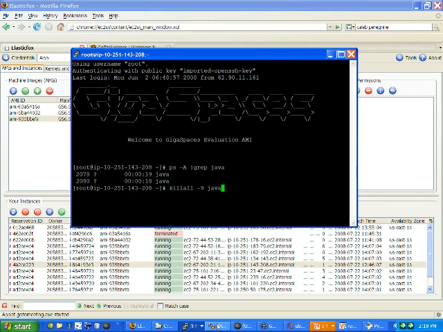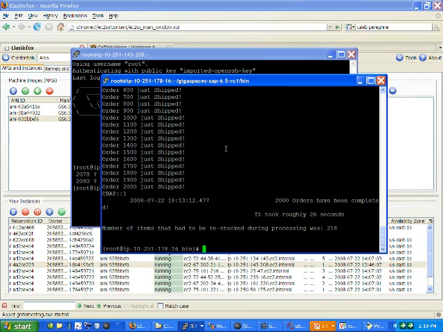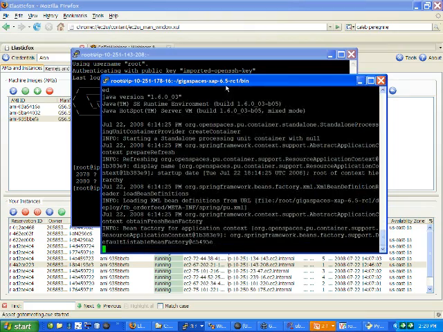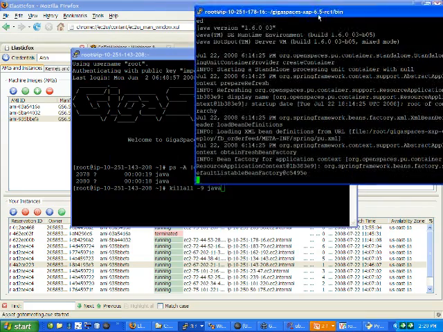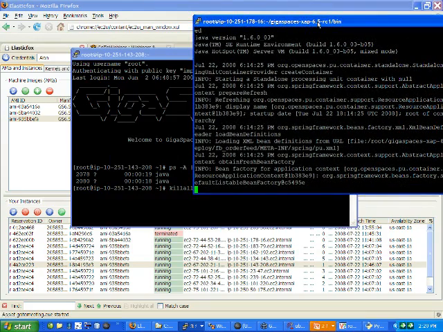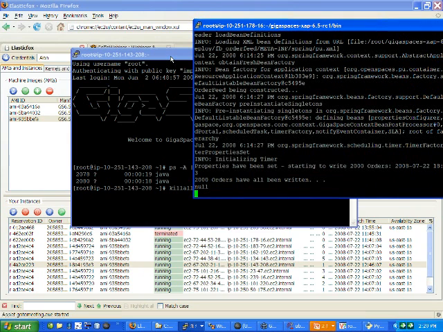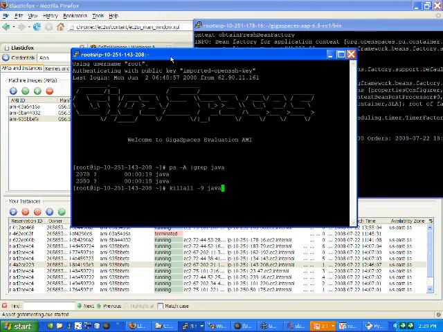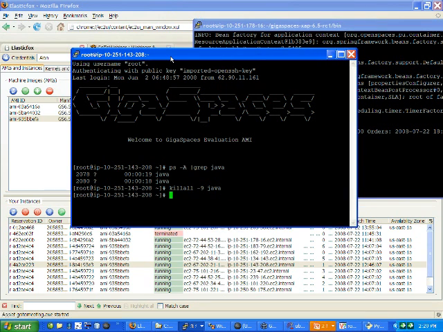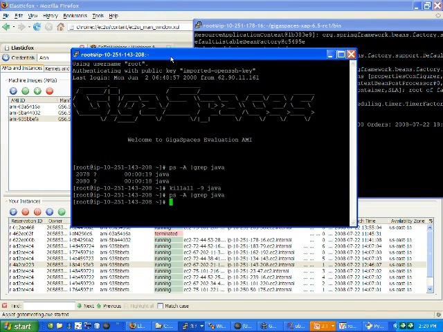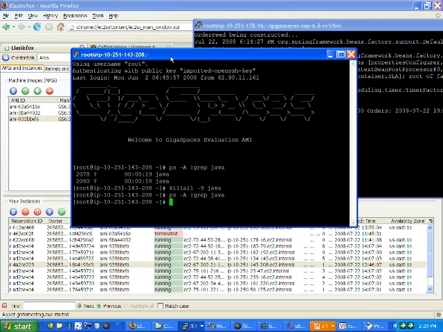So let's go back to our client. We're going to re-execute the client again, and when it starts processing, I'm going to kill off 2 of my running nodes and see what happens in terms of failover, and in terms of performance. It'll probably be a bit of a performance impact, but we'll see how much that is. Here we go. It's shipping. So let's kill off 2 containers. We'll re-execute the ps, and you can see there are no Java processes running there.